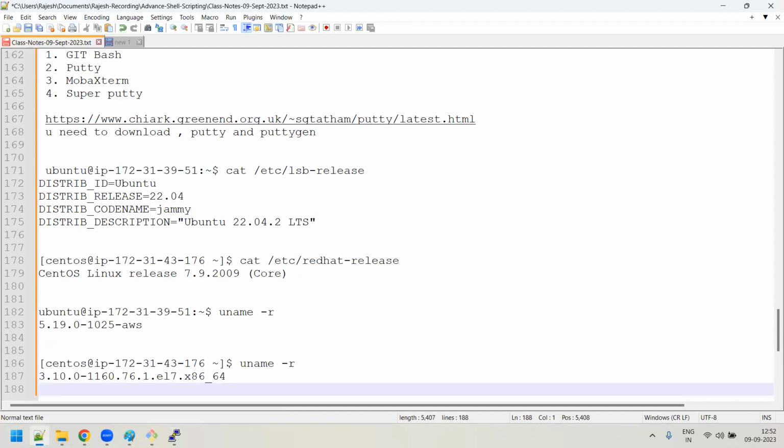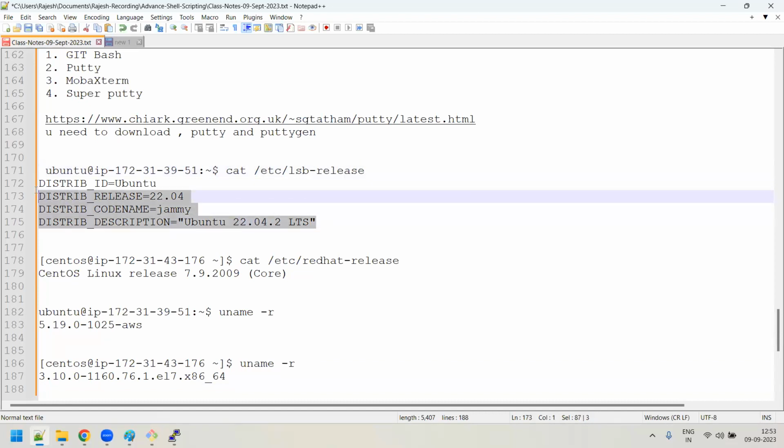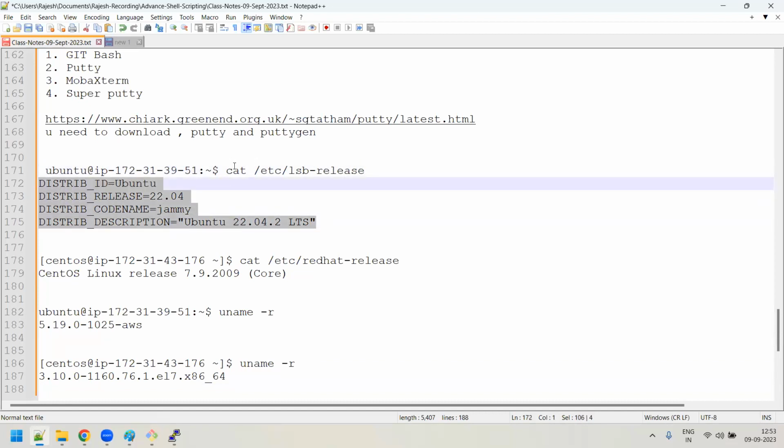So we just executed certain things to get the output so that we'll be able to understand what exactly it is. The uname command is basically used to display the kernel version. And this file, etc lsb release, is a file which has information about the distribution, which Linux distribution. So when I do a cat on this, what does cat mean? Cat is basically a command which is used to display the file content. Right now you understand it in this way. So when I'm executing this command, it is showing me this output.